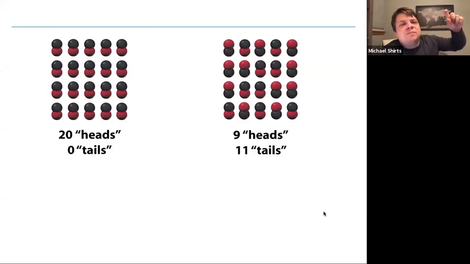So if they're all lined up, with the carbon pointing one way, you've got 20 tails and zero heads. But you could also imagine them just lined up randomly. Here on this side I have 9 heads and 11 tails. Now, if it just happens by random, which situation is more likely? If you just threw them in, let them find their lattice positions, what are the different likelihoods?